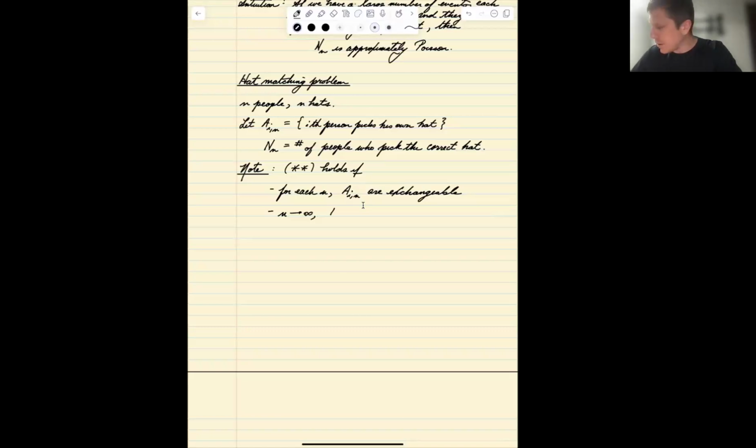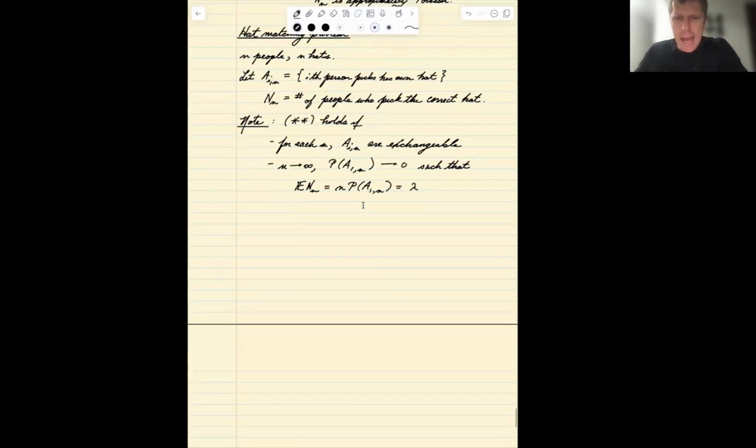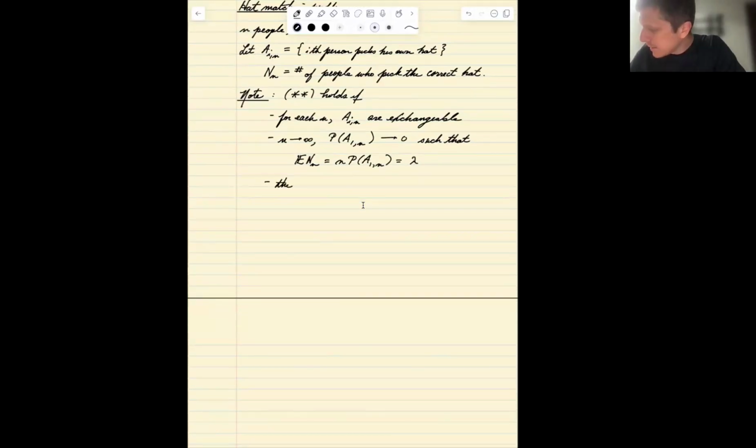As n goes to infinity, the probability of any given event goes to 0, such that the expectation of N sub n, which is equal to n times the probability of A_1n because of the exchangeability, is equal to some fixed value lambda. And the A_i's are asymptotically independent